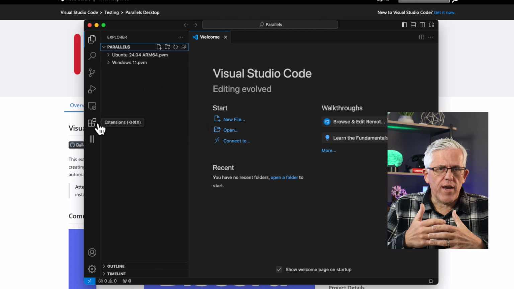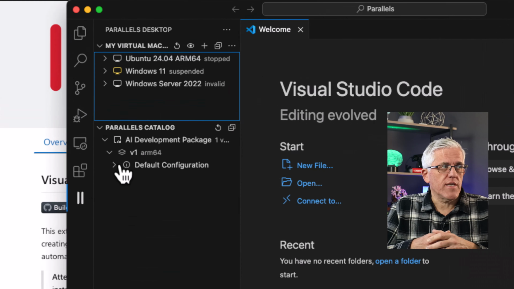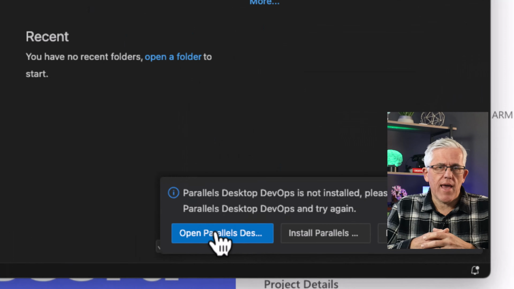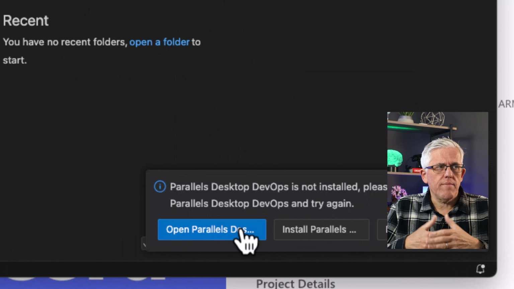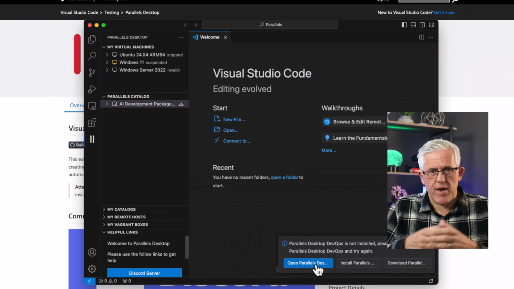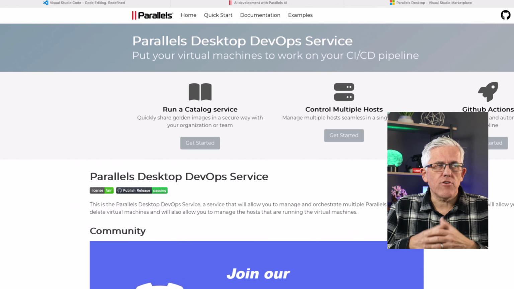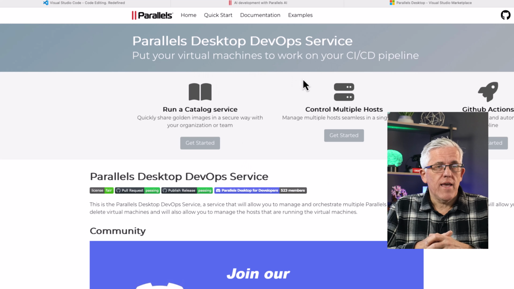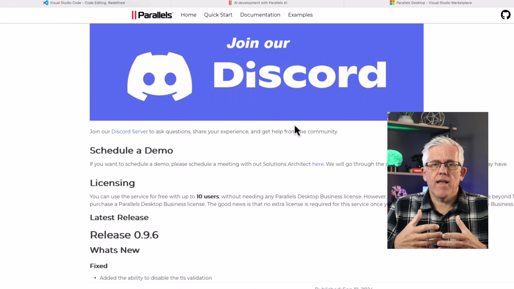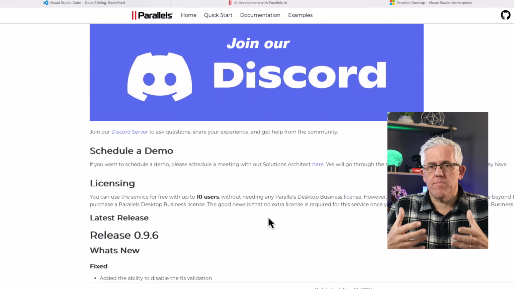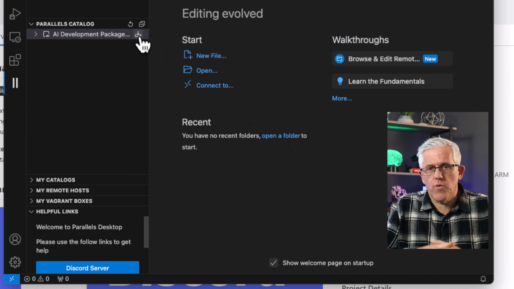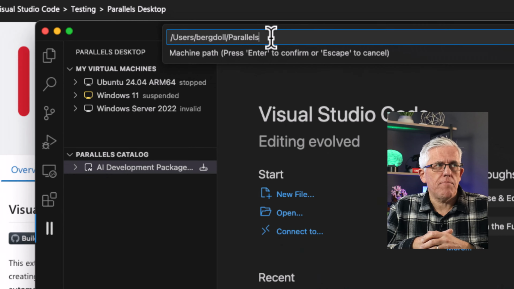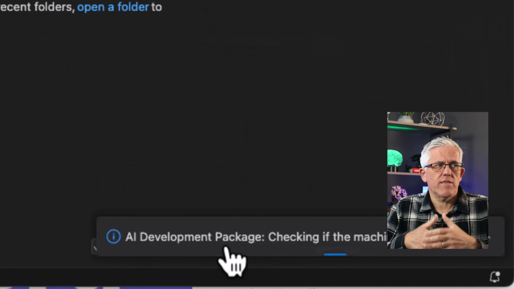This will allow me to go in, and you can do a lot with the extensions besides just the AI machine, but you can see all my virtual machines are here. I can manage them, but I'm going to grab the AI development platform. We can grab it, we can open it if we have it already, or I can download it, and I can get documentation on this. There's things like a Discord server, all of those good things as well, and it's really designed to help me build and develop in a single environment, the Mac OS, but adding Windows OS and all the things that Parallels allows me to do. So when I download it, I'm going to give it a name and I'm going to give it a path,